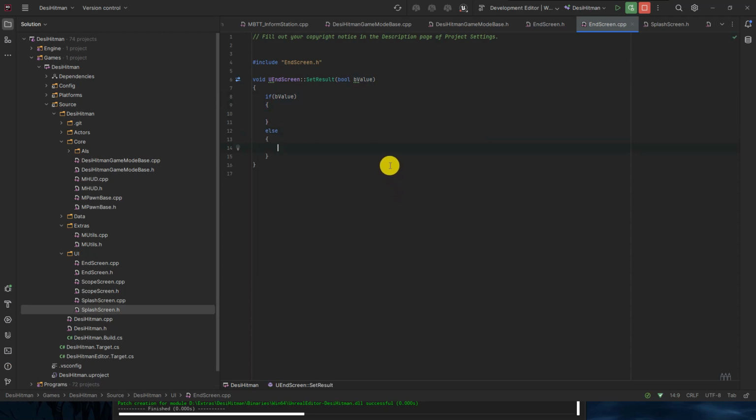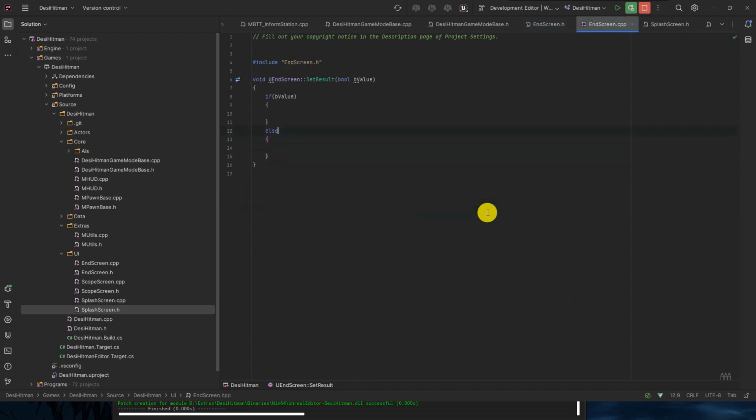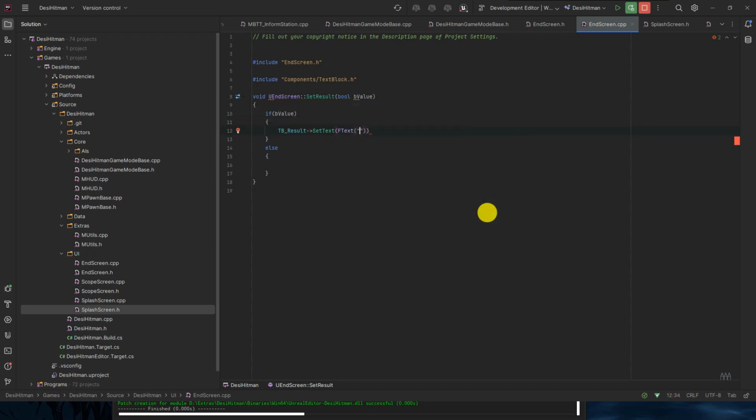So if I won, I will set the text of this one, so I will just rename it TB_Result. Image background is okay. So TB result, set text, and here FText, or FText::FromString.